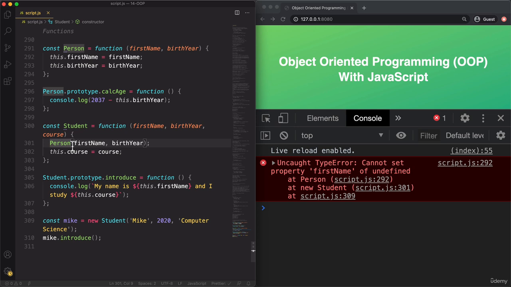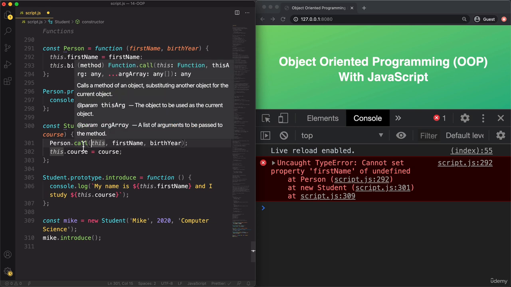So do you remember how we can call a function and at the same time set the this keyword inside that function? Well, we can simply use the call method. So the call method will indeed call this function, but we will be able to specify the this keyword here as the first argument in this function. And so in this case, we want the this keyword inside this function to simply be the this keyword inside